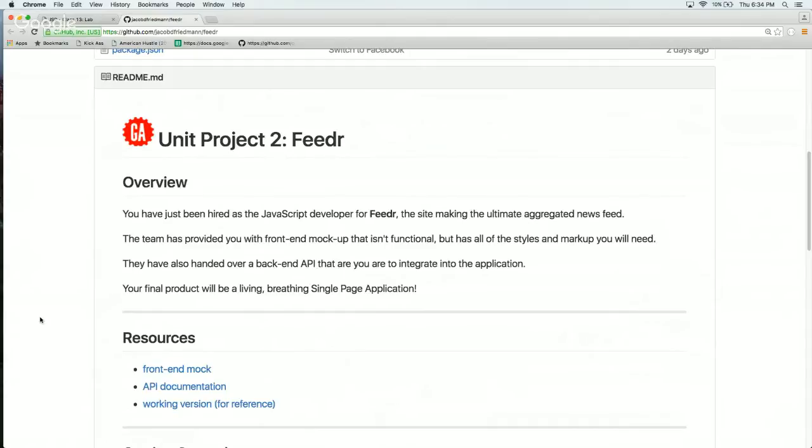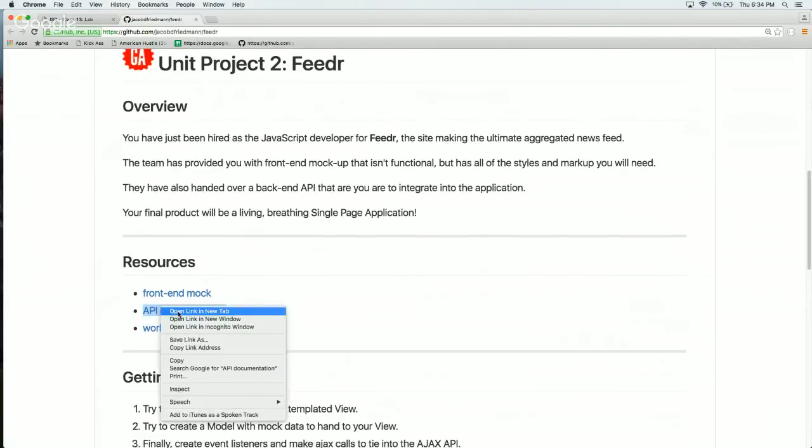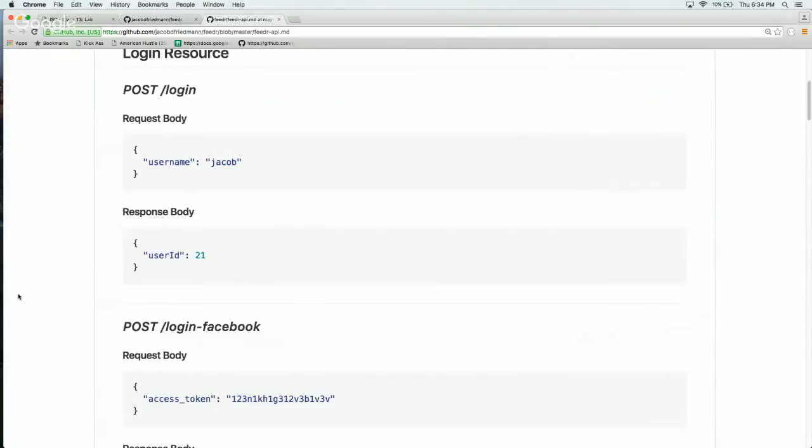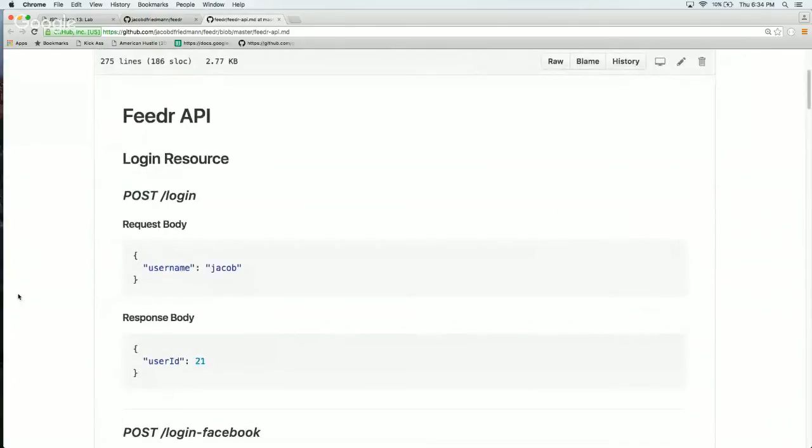We've also been given API documentation, which is this file here. It tells us what the available endpoints are, the HTTP request method and path combinations. What query parameters or request bodies do they need, and what JSON bodies do we get back? We need to take these two pieces and put them together and create a functional app by writing